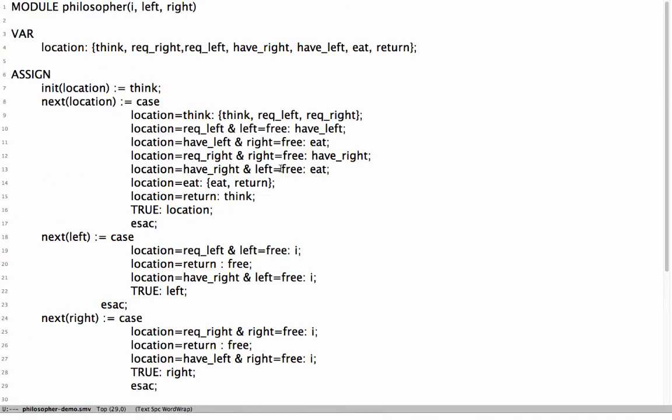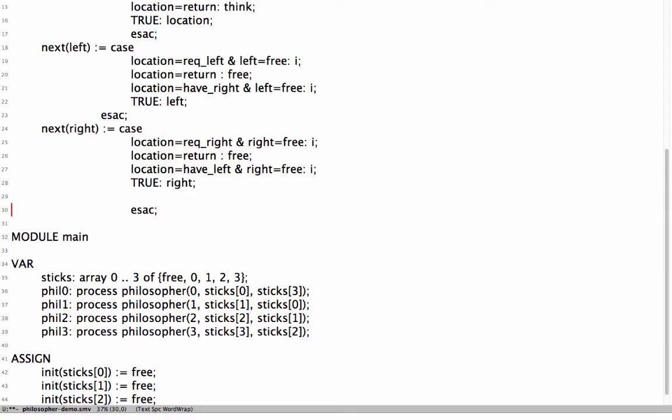We want every philosopher to be scheduled infinitely often. It should not be the case that the scheduler doesn't give the philosopher a chance to take the next step. Such a situation where the philosopher, or in general the process, is not even given a chance, is called starvation. We do not want to starve a process, so we will add in the module